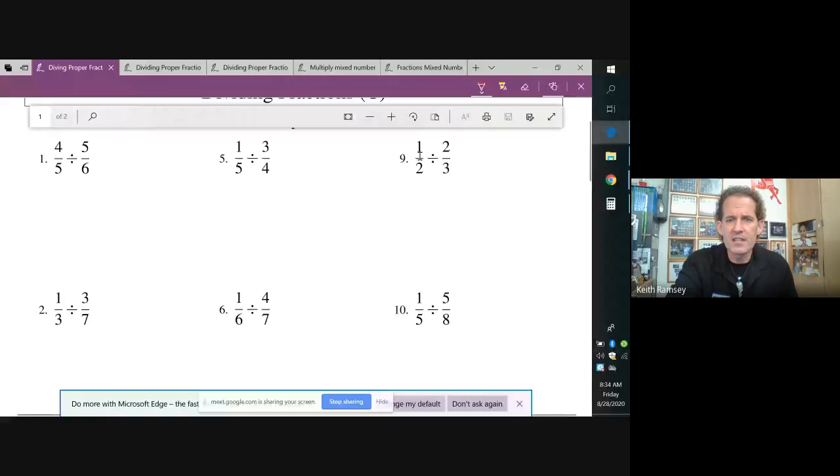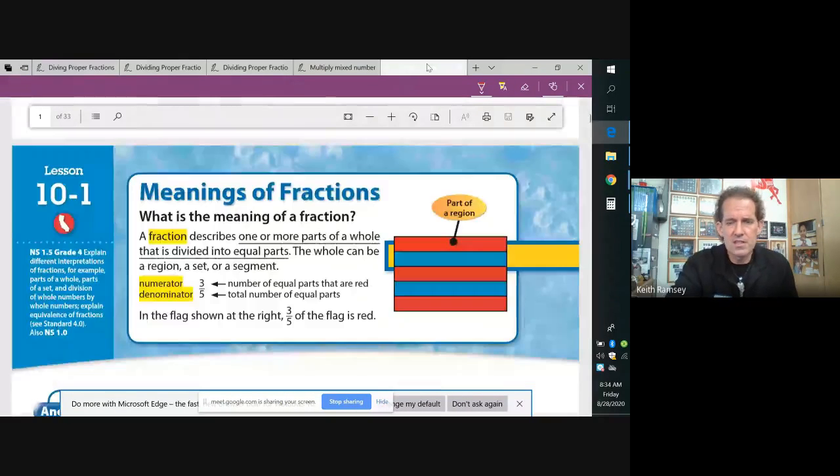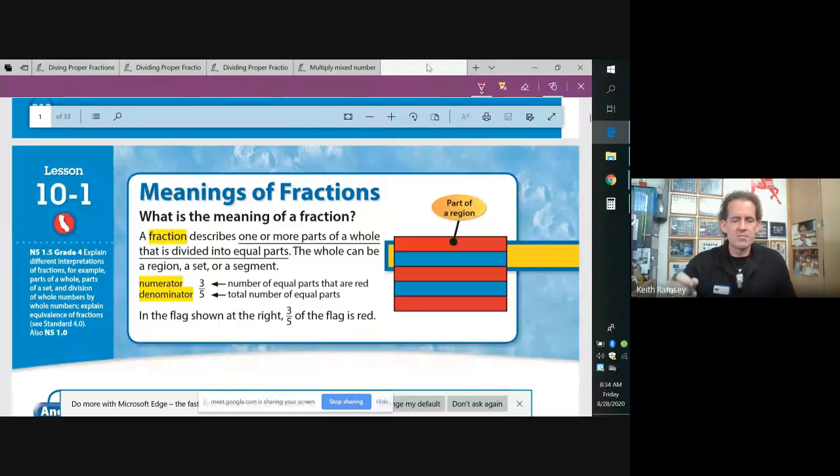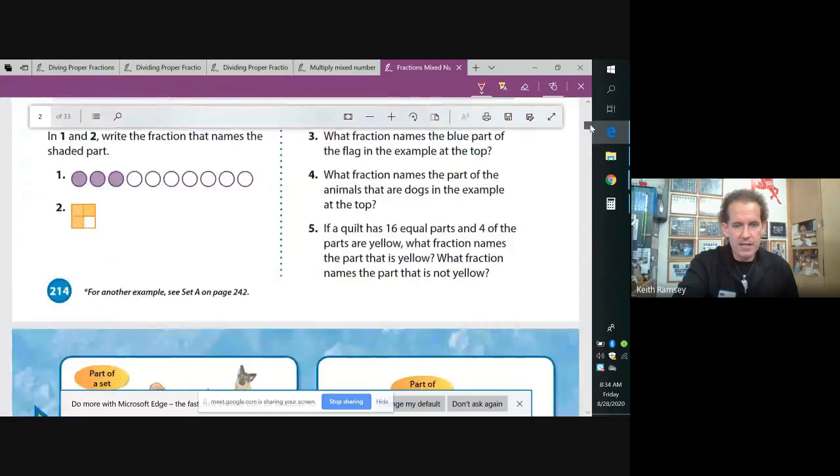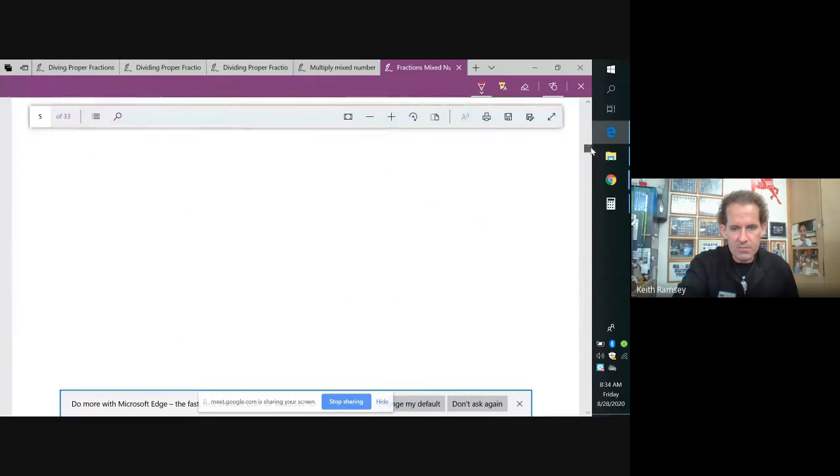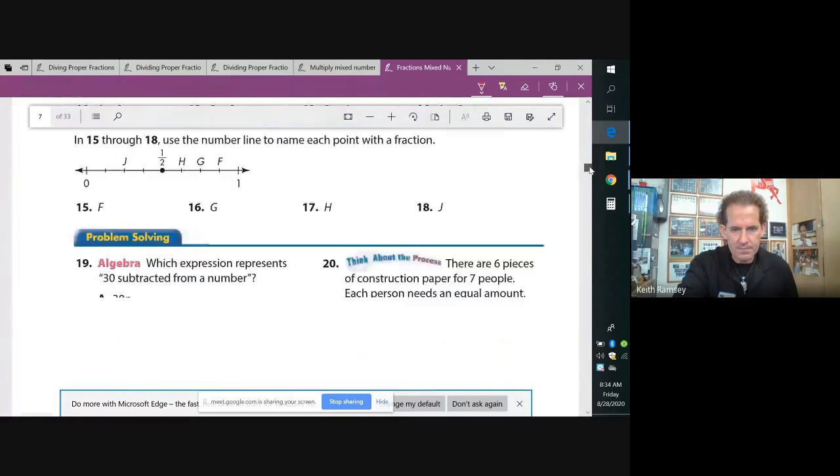And the first thing that I want to go over is just the parts of a fraction. So remember, the top of a fraction is called the numerator. And the bottom number of a fraction is called a denominator. So whenever you're talking about fractions, you're talking about the part of a whole number. So 1 over 2 means obviously half of a whole number. So if I come down here and show you some representations of that,